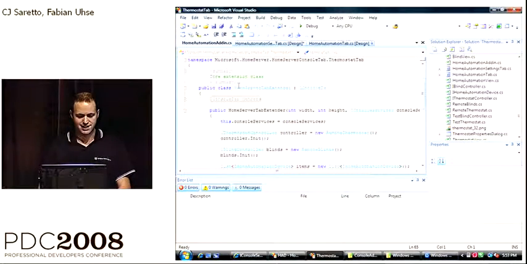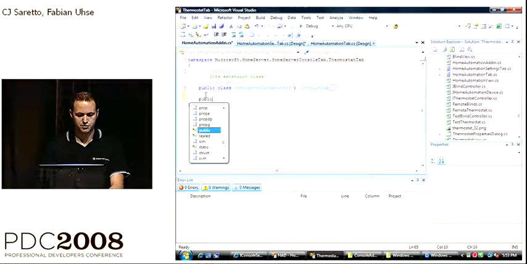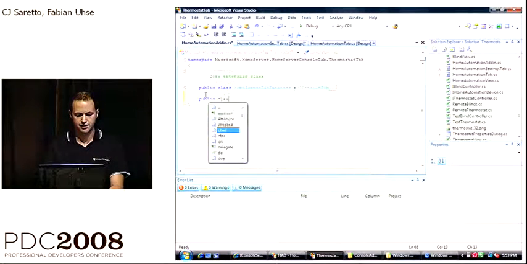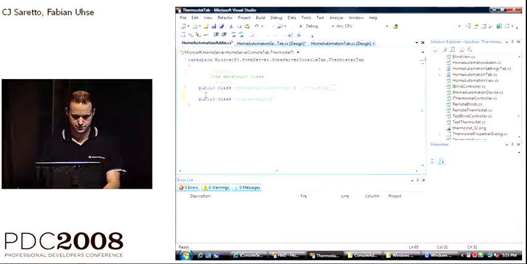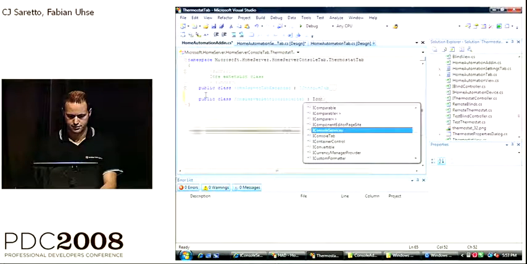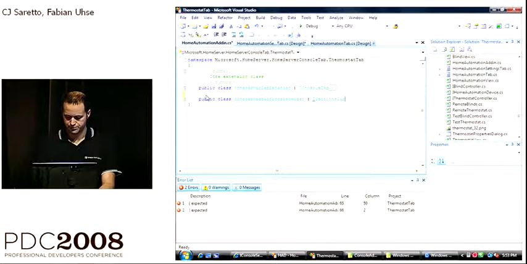To add a settings tab, I simply implement a class that will extend the iSettings tab interface. Settings tab.